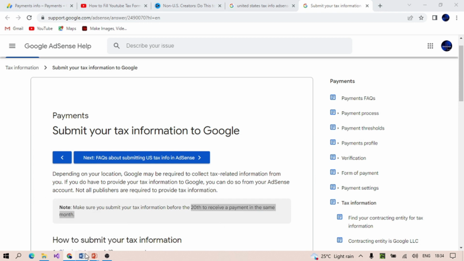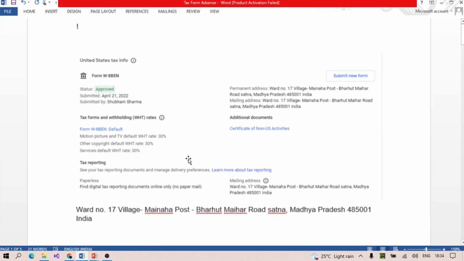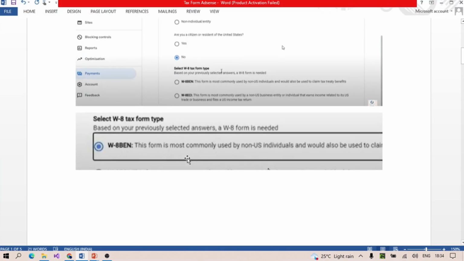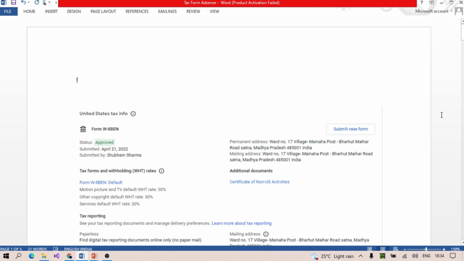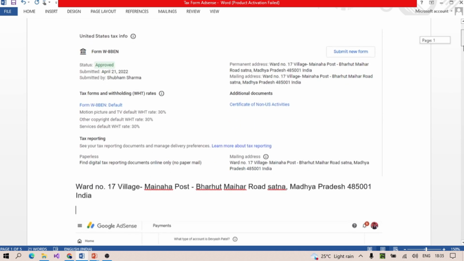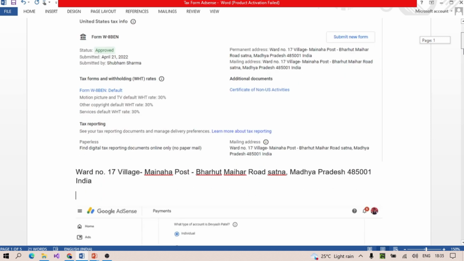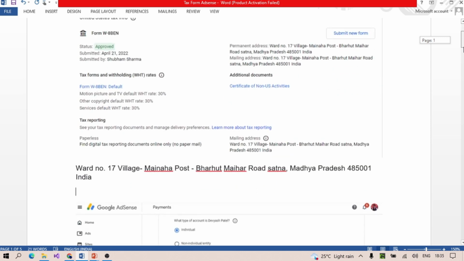Before that, let me show you what I identified. I have already submitted the details, but my tax deduction is too high. When I analyzed it, I found that we can reduce these taxes. I went through some tutorials and some blogs and found what we can do to reduce the taxes. If you see here in the Form W-8BEN that I filled earlier, it's saying 30